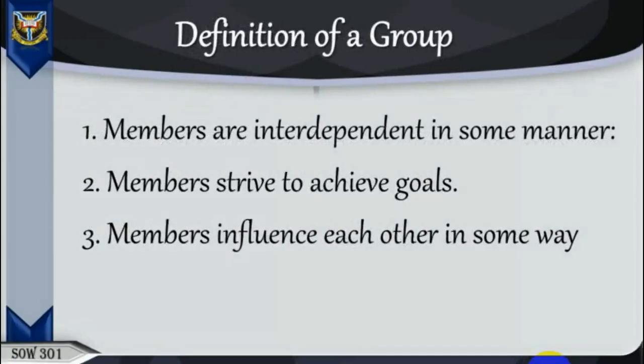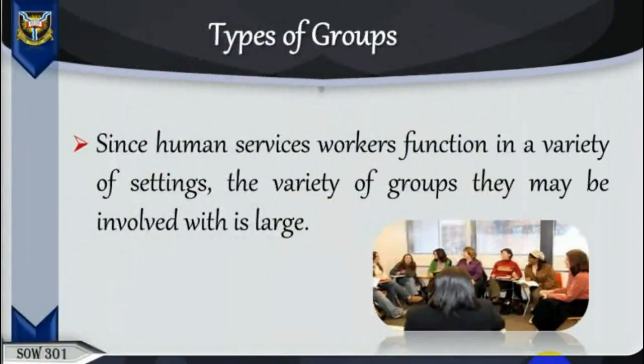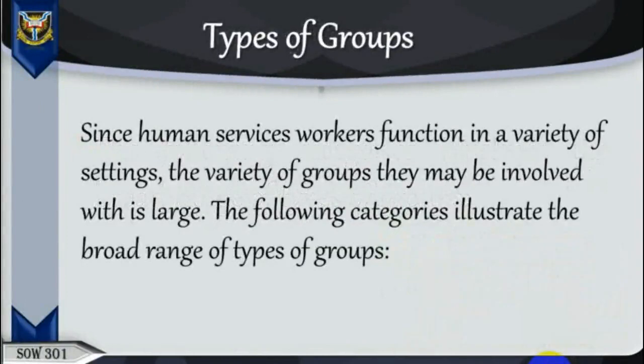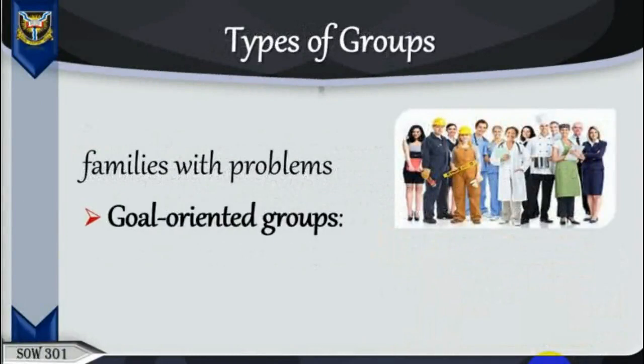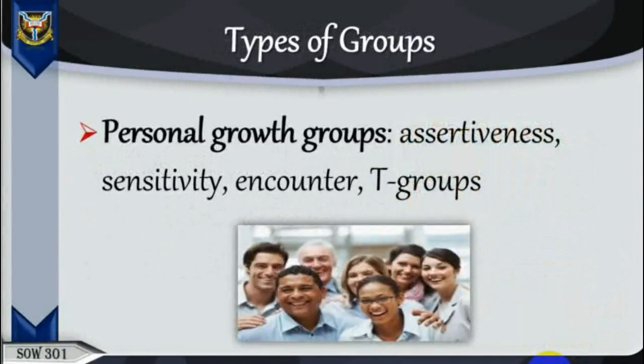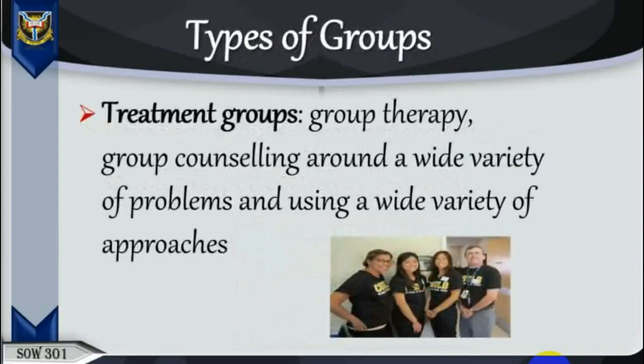Types of groups. Since human services workers function in a variety of settings, the variety of groups they may be involved with is large. The following categories illustrate the broad range of types of groups. Families with problems, goal-oriented groups, task forces, teams, commissions, and so on. Personal growth groups, assertiveness, sensitivity, encounter, T groups, treatment groups, group therapy, group counseling, around a wide variety of problems